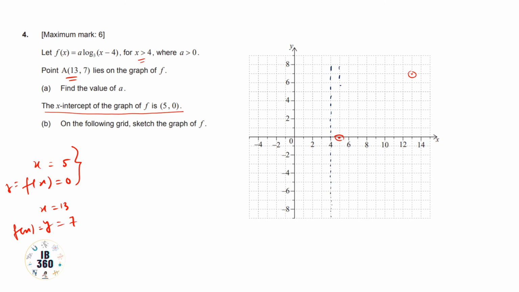It means the graph will not touch this asymptote line. It will try to touch, but it will not touch the asymptote line. It is very important because in log we cannot get 0 in the case. So that's why it will not touch the asymptote line, and it will go from these points only. So the graph will be like this. It will not touch the asymptote line, and after that it will take a flat movement. So in this way the graph will be this.